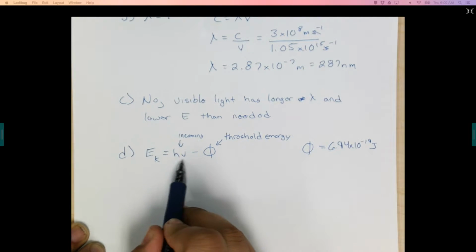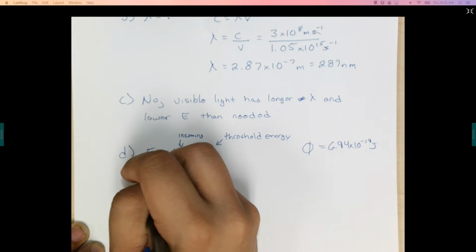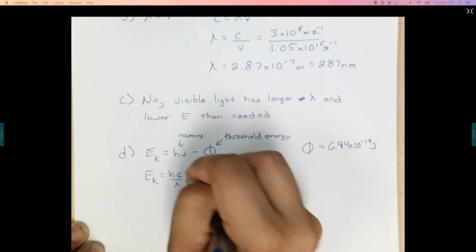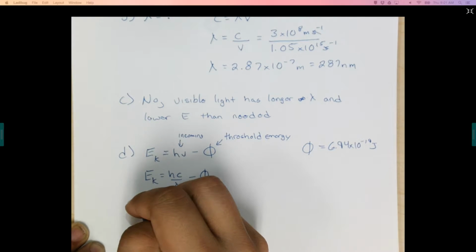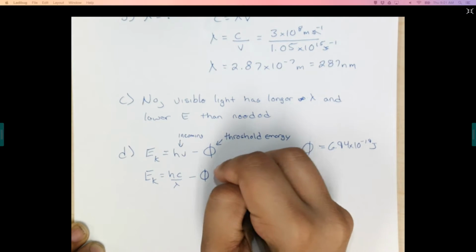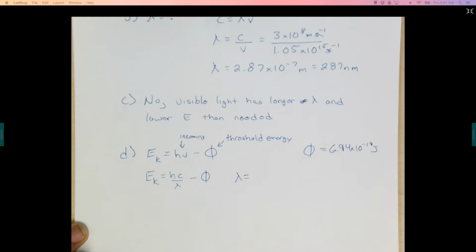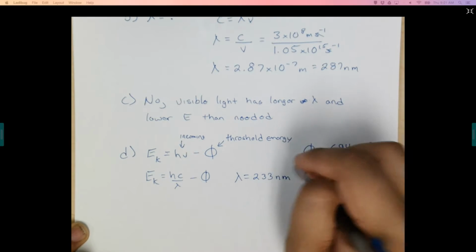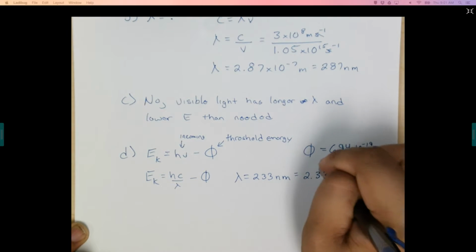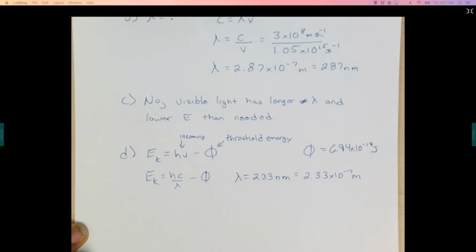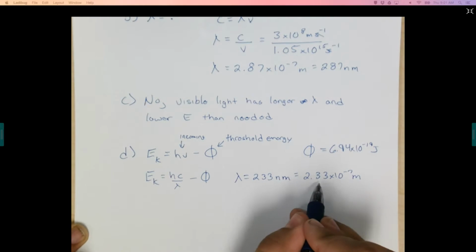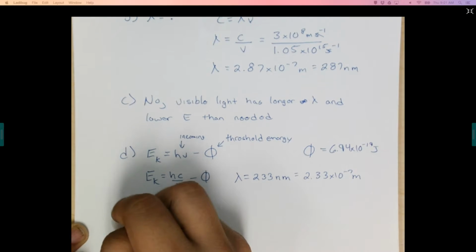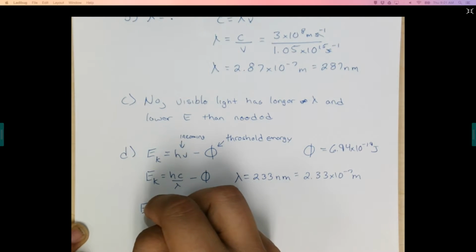And h nu, remember, can also be shown as hc over lambda, minus phi. And to know lambda, we were given lambda in the question, 233 nanometers, which is equal to 2.33 times 10 to the negative 7 meters. So we need to plug this lambda and this work function into this equation, and we can answer our question. EK is equal to